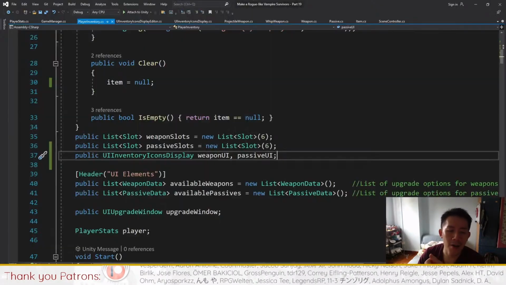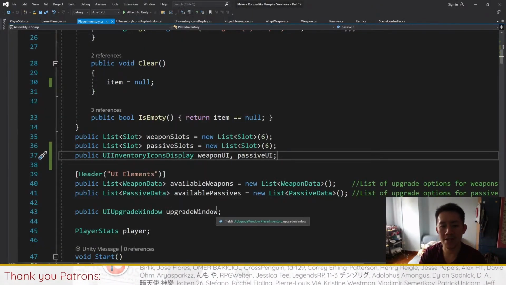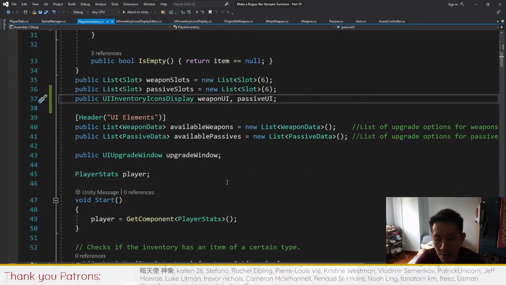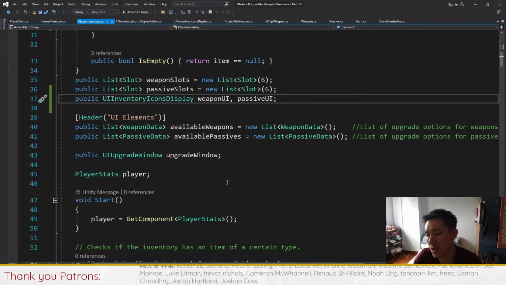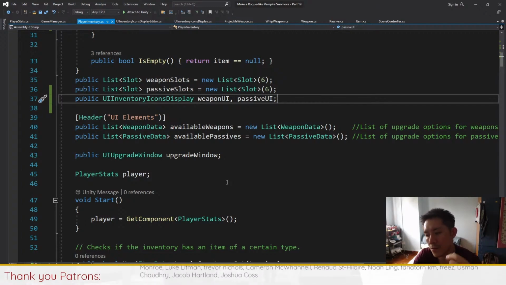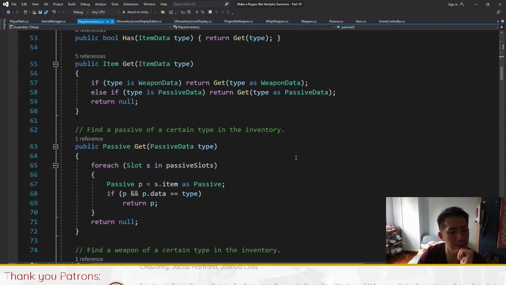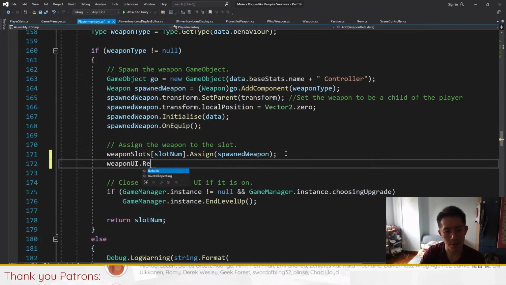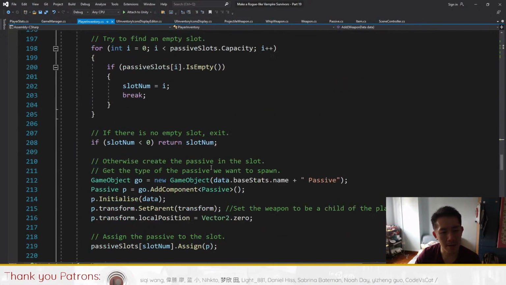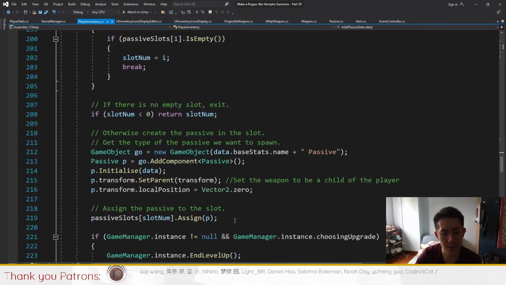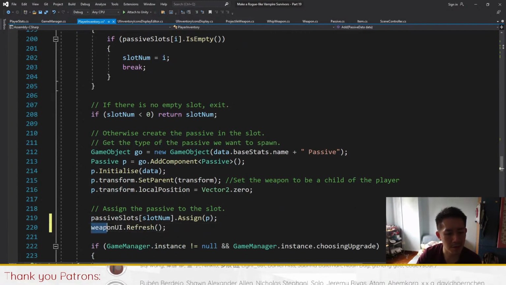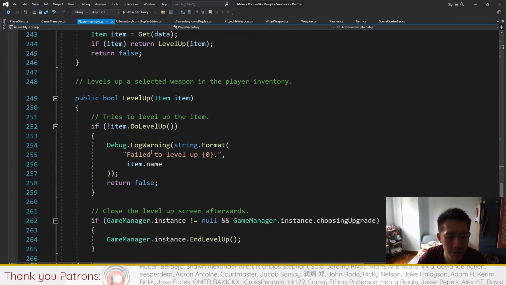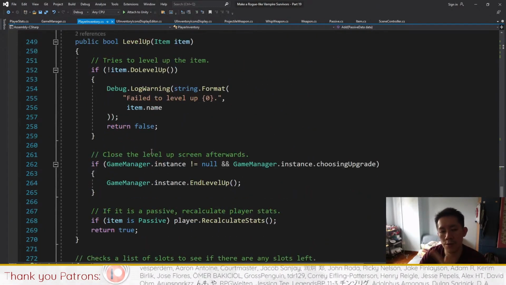Okay, so now there's gonna be a lot less work when we want to assign item slots, because we just have to find all the parts of the PlayerInventory script where the new items are added. Because whenever new items are added, we want to refresh the items that are shown. So let's go over to add, and I'm just gonna do weaponUI refresh, and under the passive add function, I'm gonna do the same thing, refresh the passive UI. So finally, we also have to go to the level up function, because whenever we level up, we also have to refresh